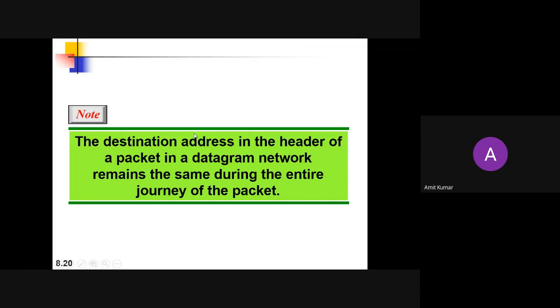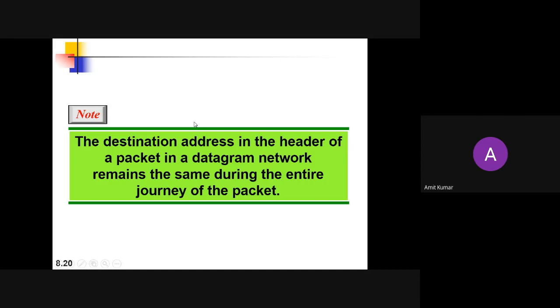Before moving to the delay session, let me make a comment on efficiency, and then we move to the delay part. Surely you can say the efficiency of a datagram network is better than the circuit switch network because you don't have the setup time, you don't have the teardown time. Obviously, it has better efficiency as compared to the circuit switch network. We don't have to allocate or block the resources for a particular duration of time. That's why you can say the efficiency is better.